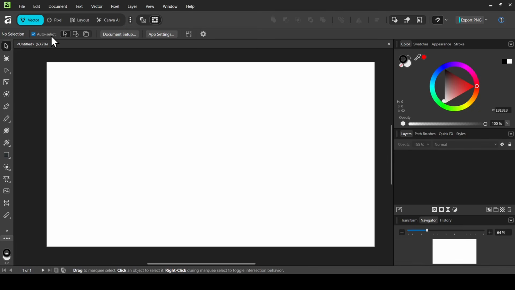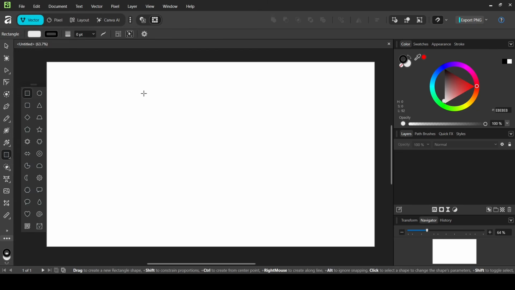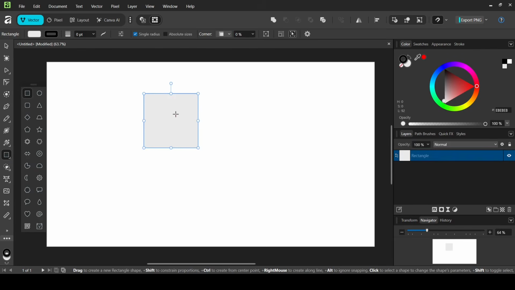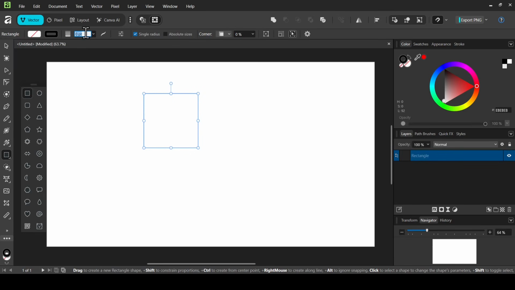So I am on Vector Studio, and now let's select the Shape tool, left click, select the Rectangle tool, and now in order to create a square, hold Shift key down and then drag. So here it is, and now I'm going to remove the fill, so left click here, and then click on this icon to remove the fill. And now double click here, I'm going to add the 1 point outline, stroke, 1, press enter, and now select